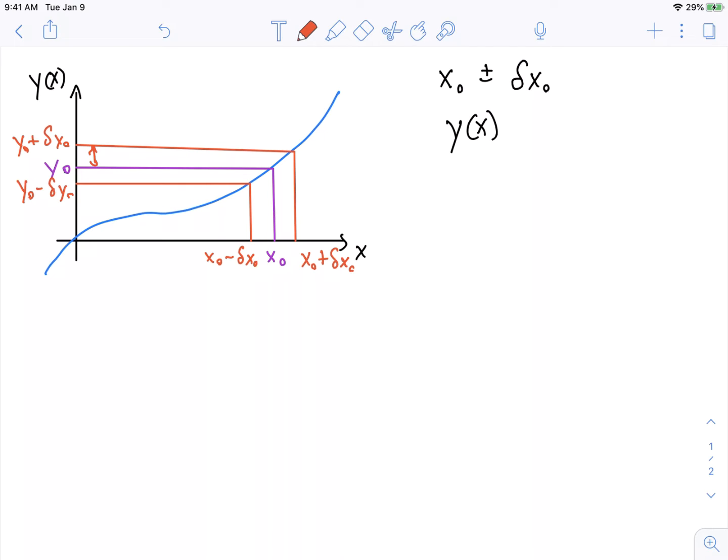And so what I want to do is come up with a formula or a way to represent how the uncertainty in x propagates to the uncertainty in y, right? So this is what propagation of error is. And the basic idea we use in order to do it is we assume that these uncertainties should be small, right? They should be small. So it means that we can approximate